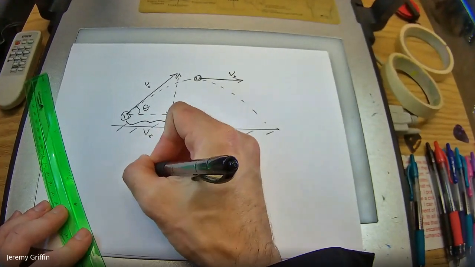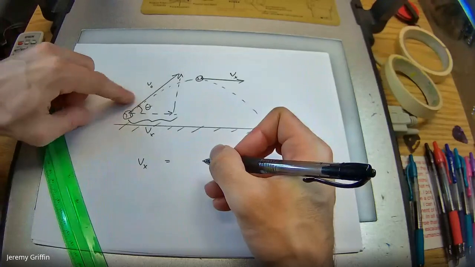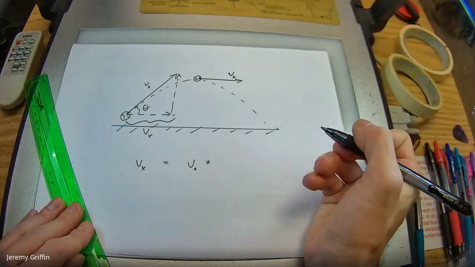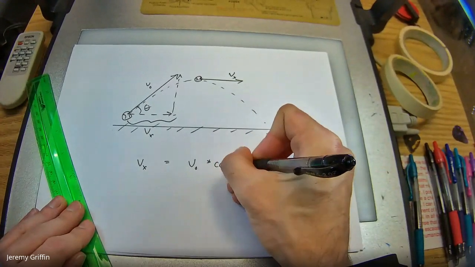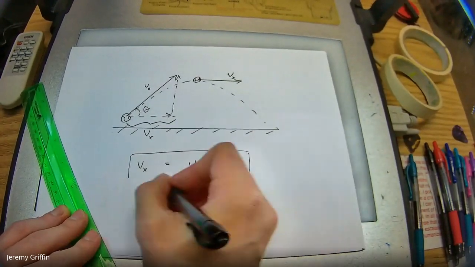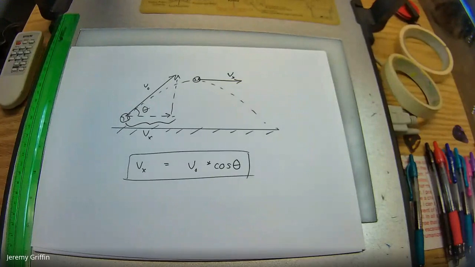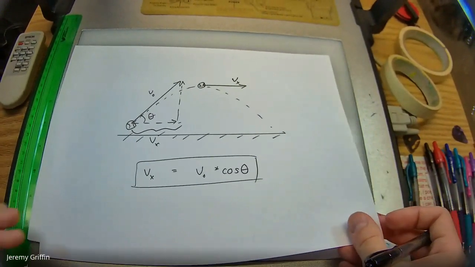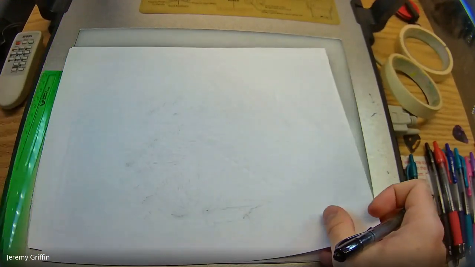What is Vx in terms of V naught and theta? Cosine. Yeah, a cosine relationship. You see that? Remember that? Actually, while we're talking about a little bit of trigonometry review, let's hit that a little bit. What if